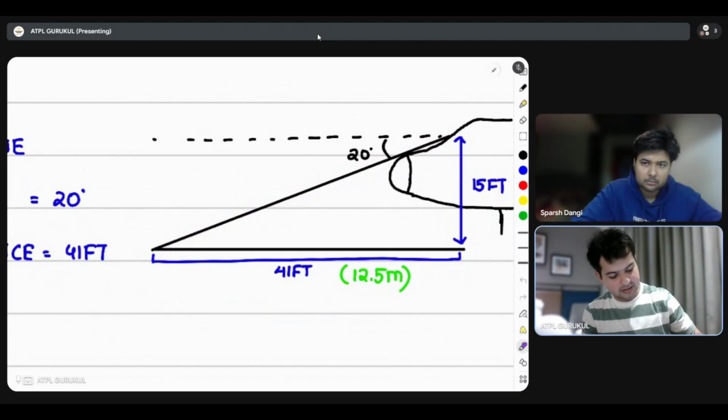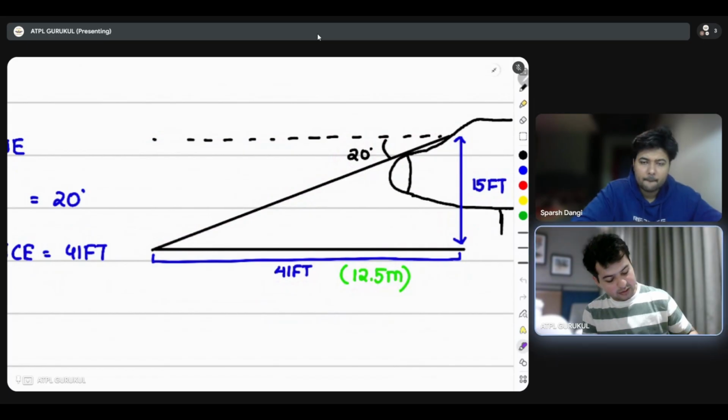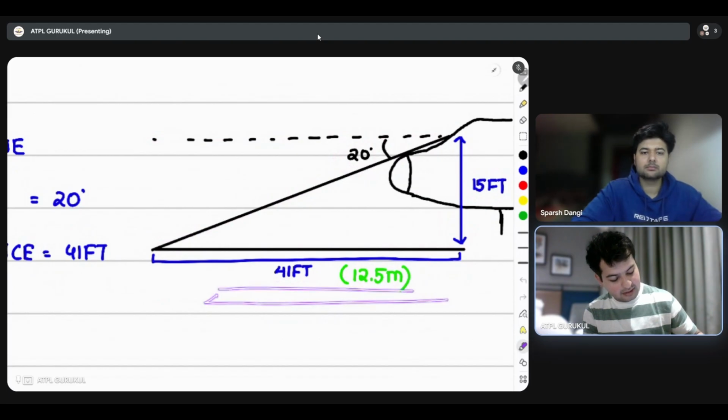पायलट अपनी पोजीशन एडजस्ट करता है। Now ये हॉरिजॉन्टल है, and this is the last line at which he can see. This angle that it makes from the horizon is 20 degrees. Because this is 20 degrees, you know how much of the distance in front you cannot see? 41 feet you cannot see. That is equivalent to 12 and a half meters. ठीक है। 12.5 मीटर्स, 41 फीट, मतलब पूरी एक रनवे सेंटर लाइन से भी ज्यादा का डिस्टेंस।